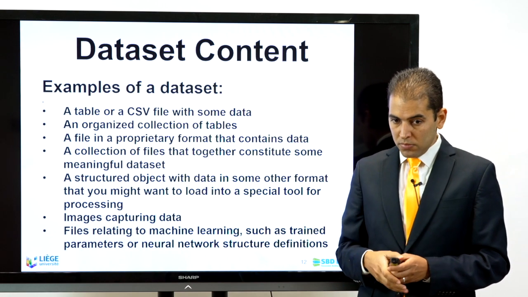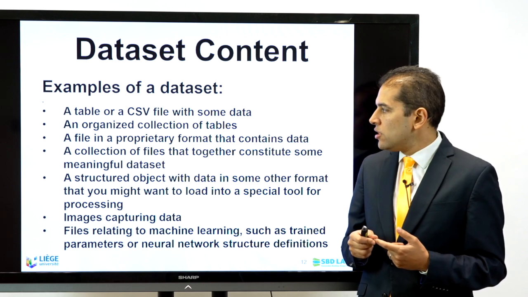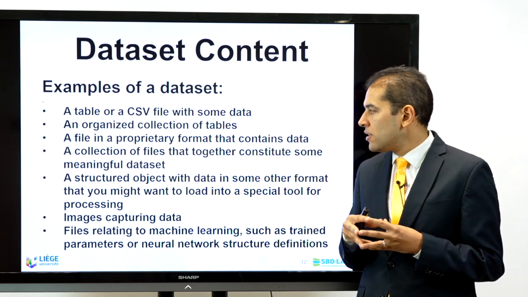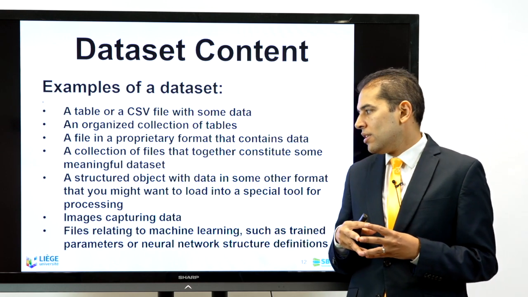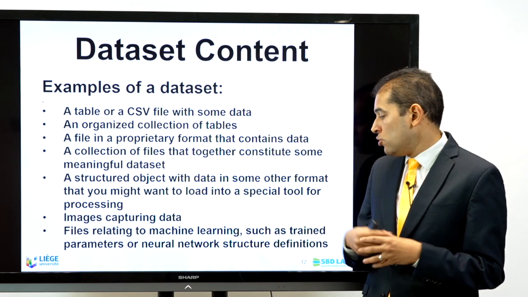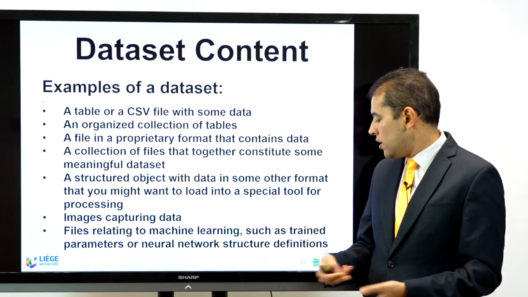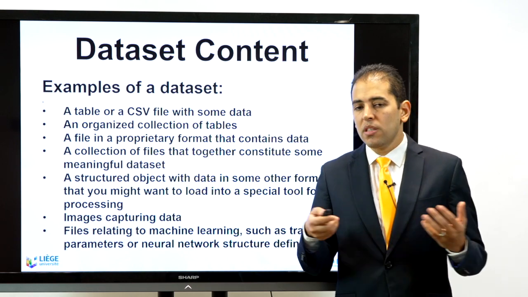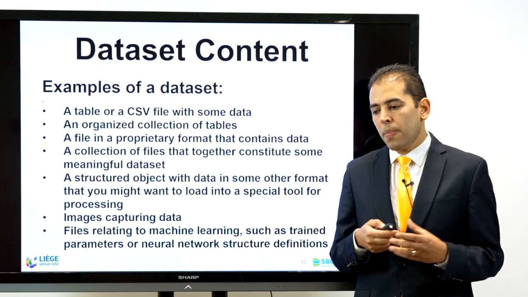If you want to know more about how they issue a DOI, you can look at my previous video on DOI numbers. Now, what could be the content of the dataset I'm going to share? It could be a table, a spreadsheet, CSV files, an organized collection of tables, a file in a proprietary format that contains data, a collection of files that together constitute some meaningful dataset, a structured object with data in some other format that you might want to load into a special tool or processing. It can be images, it could be files related to machine learning, trained parameters or neural network structure definitions, and so on. So it is totally open, and there is no specific format that the Dataverse or the repository